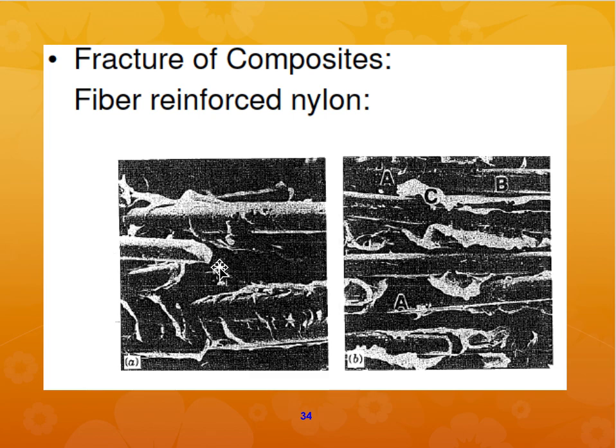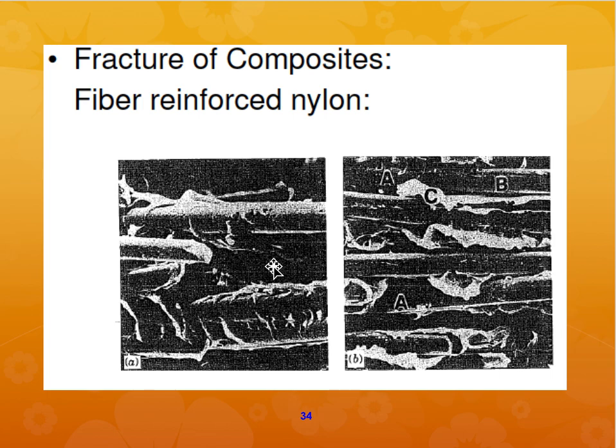For example, if there are fibers, they have all pulled out and they fail at a reasonably large strain to failure. If there is pull out of the fibers, that means it has toughened the material, but it has also introduced quite a bit of